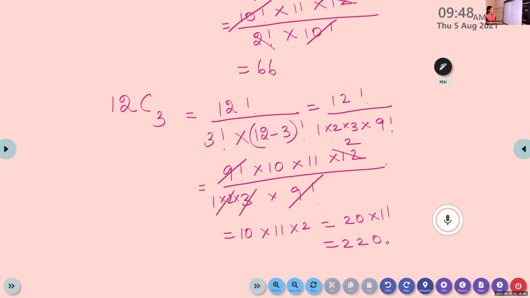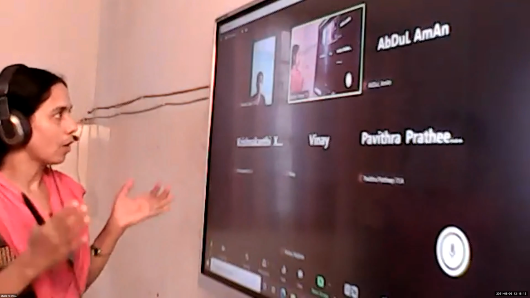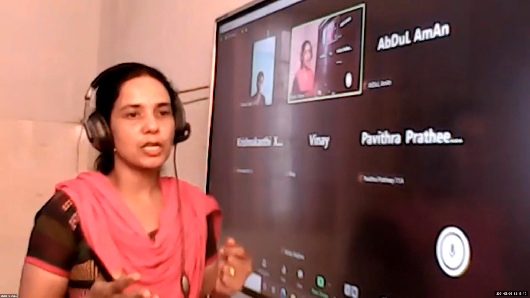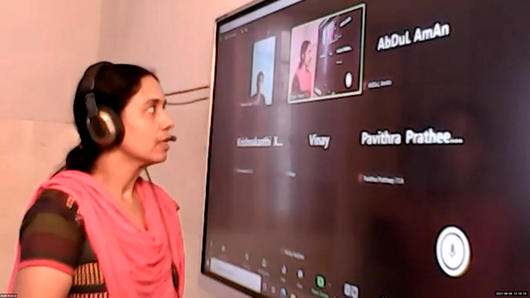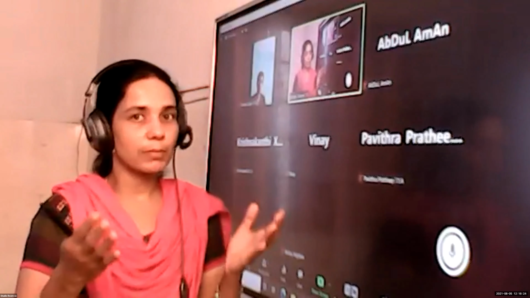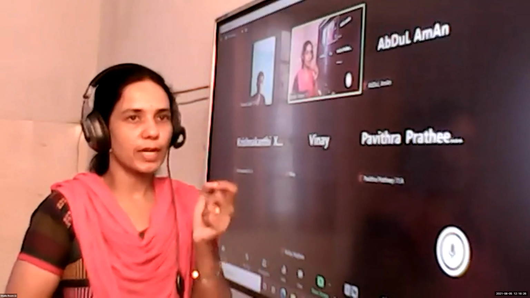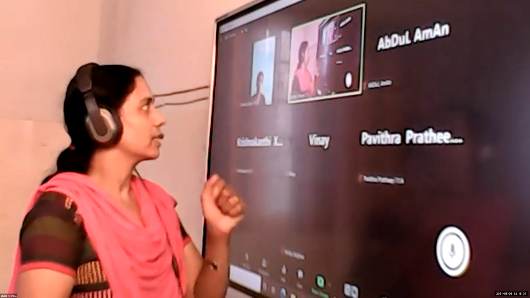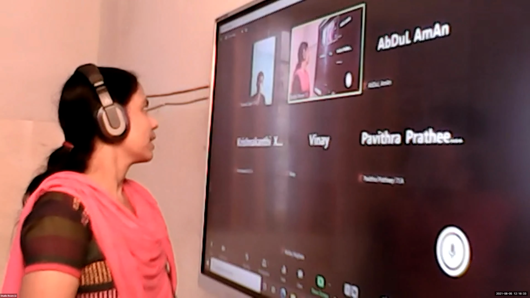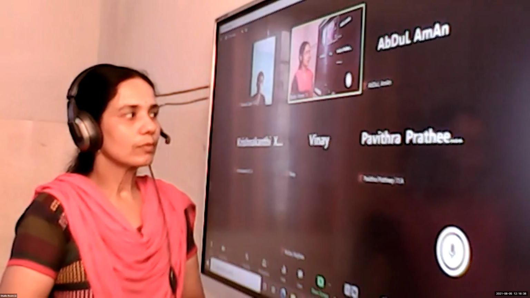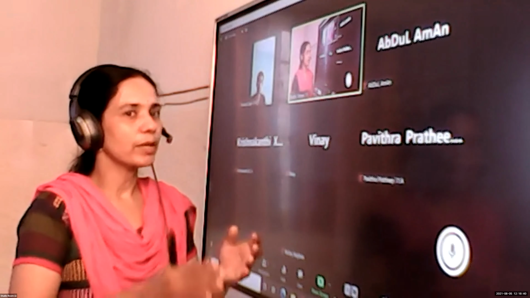Okay, is it okay? So this is how we calculate the combination using the formula. But in permutation also, we did another method, isn't it? How we calculated 12P2. Actually, the definition for permutation is 12P2 means we write 12 factorial by 12 minus 2 factorial. But we did that in an easy way, isn't it? What is the easy way? Instead of writing the definition, how we calculated 12P2?